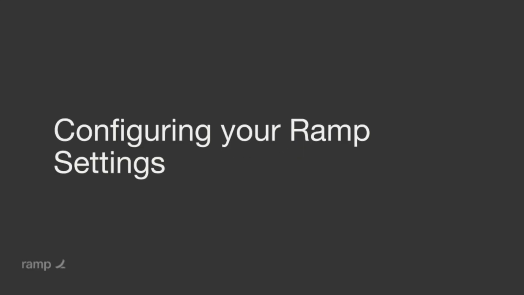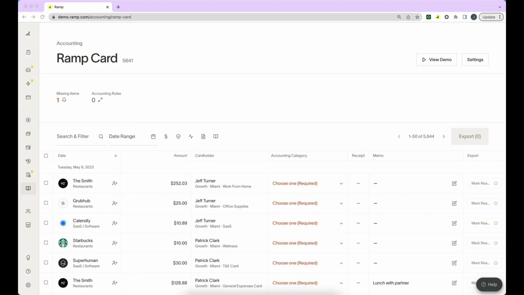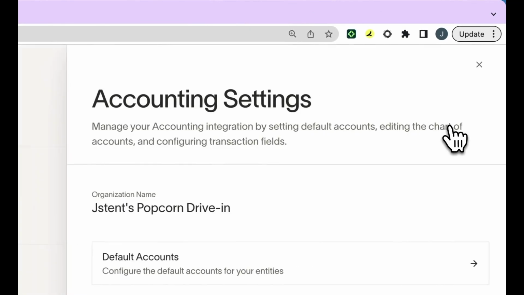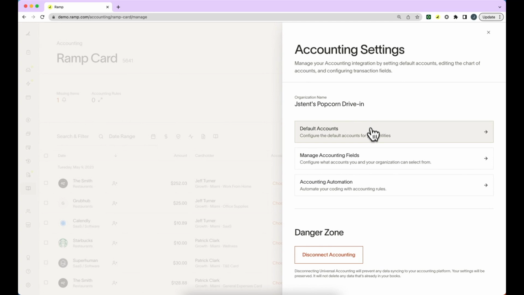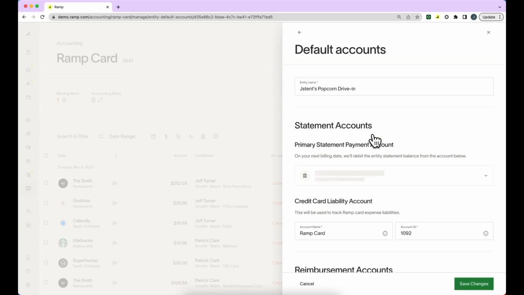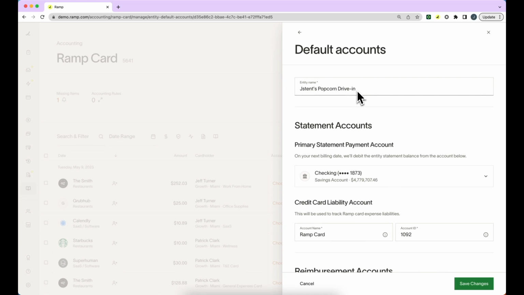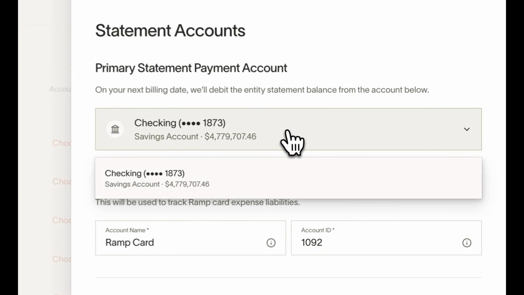Once you've uploaded your Universal CSV to RAMP, you're ready to configure your settings. You can start by navigating to Settings in the upper right-hand corner. First, you'll see your organization name at the top, and below that, you'll see Default Accounts. Clicking into this will allow you to configure first your entity name, and then next, you'll configure your primary statement